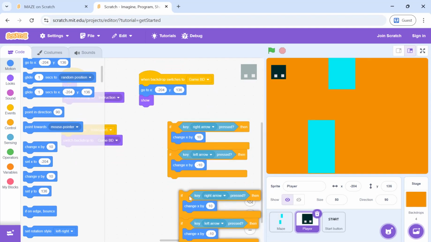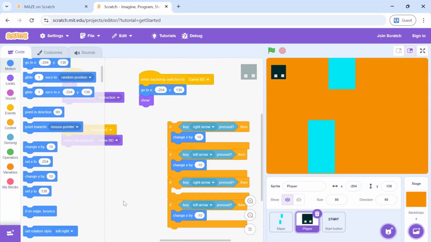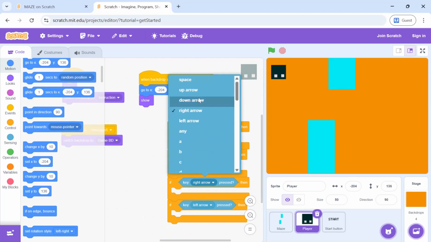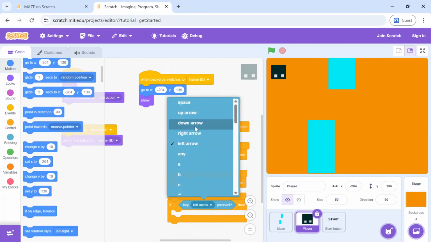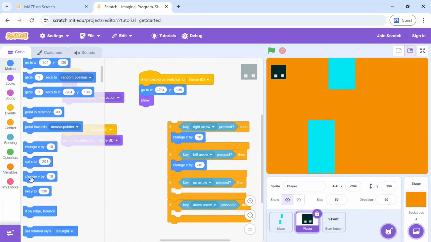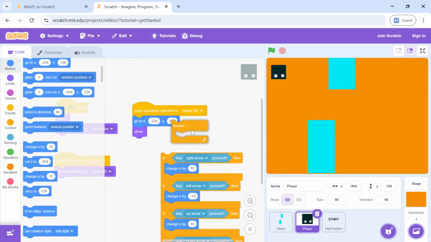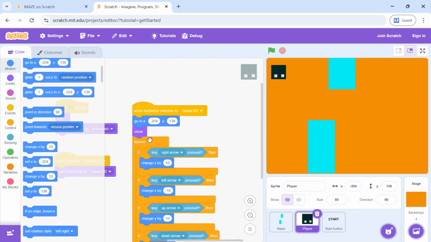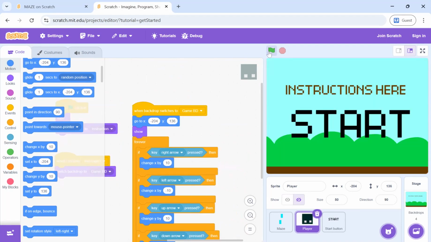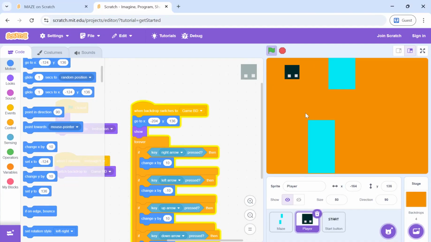Now again I'm going to duplicate it and I'll make it for up and down. I'm deleting X because for up and down the role of Y is there, not for X. So when up is pressed, I want to increase the value of Y. When down is pressed, I want to decrease the value of Y. Now because it has to happen all the time, forever has to be placed around it, and let's try now. So when I press flag, when I press start, now the sprite is moving, however it is not changing the direction.